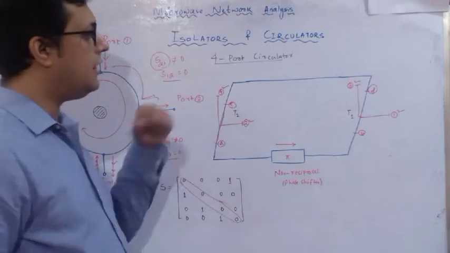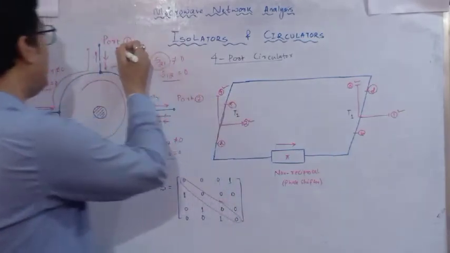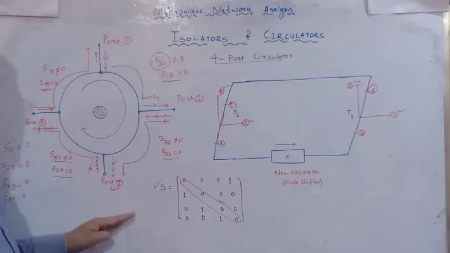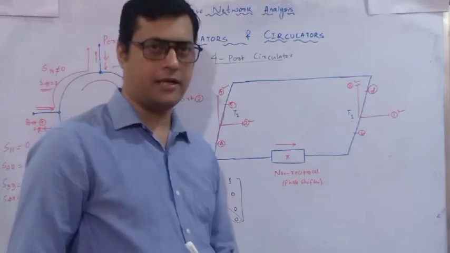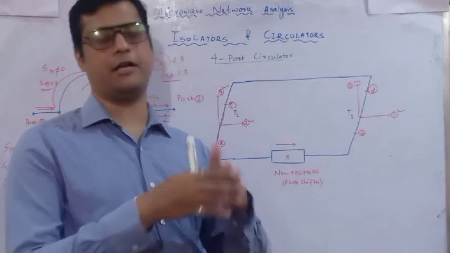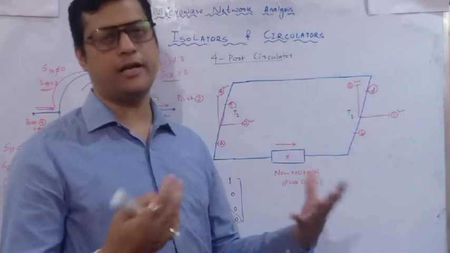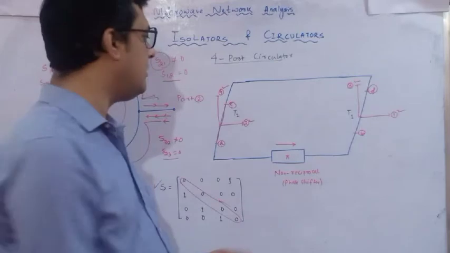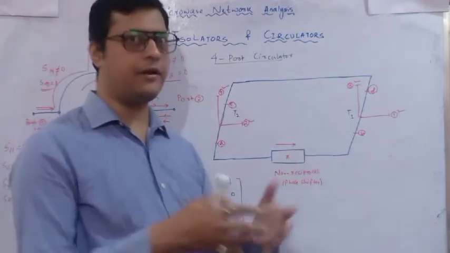Now, how is the power going to split? Let's see. When we are feeding the power at port 1, the output is available at port 2. No output at port 4, no output at port 3. Now in magic tee, you can see that when we are providing the power in the E arm or the H arm, in the E arm, if you feed the power, it will split. But when you feed the power in the H arm, or the output we are getting at the H arm, you can consider 4 and 3 can be the H arm, and 2 and 1 can be the E arm. So the E arm is where the difference is going to happen.